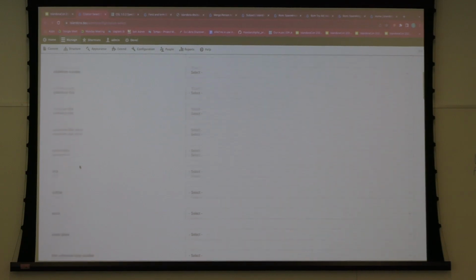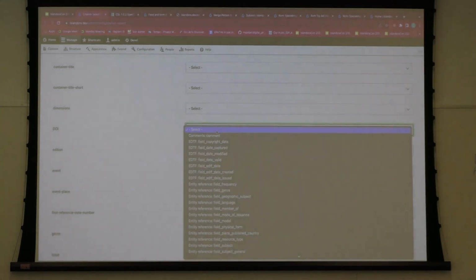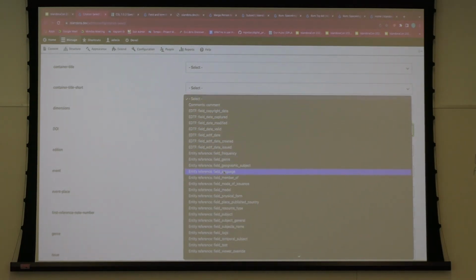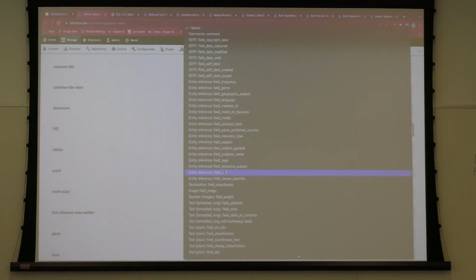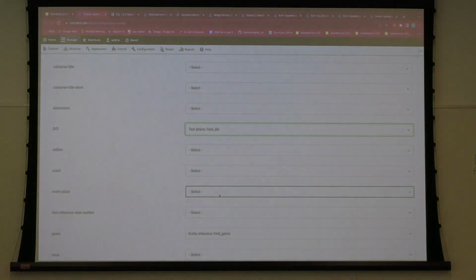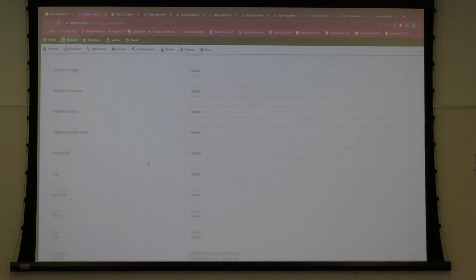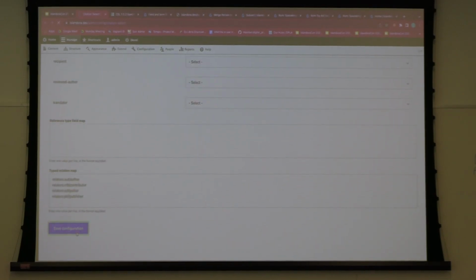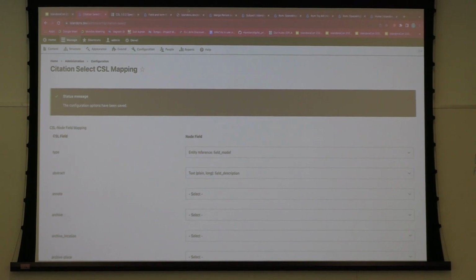So as an example, there is a CSL field for DOI. DOI is not one of the fields that comes in starter site, but I added it for this purpose, so I can go here and see all of my fields, and down here, text plain field DOI. They're grouped by Drupal field type. So if I select that, and then scroll down to the bottom and click Save Configuration, now I can go